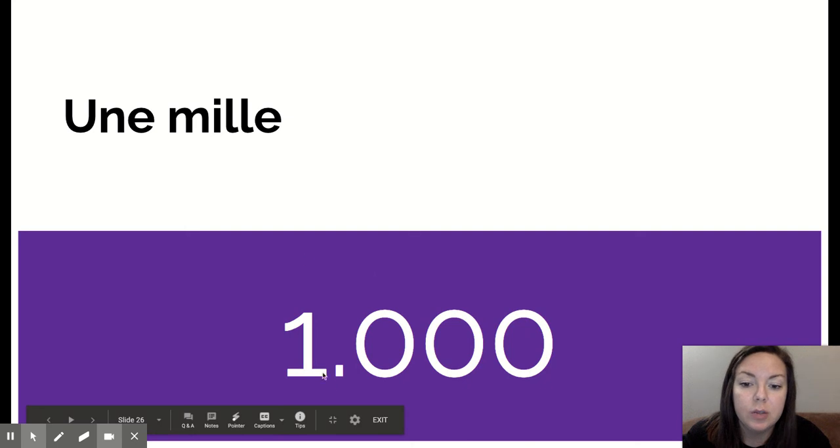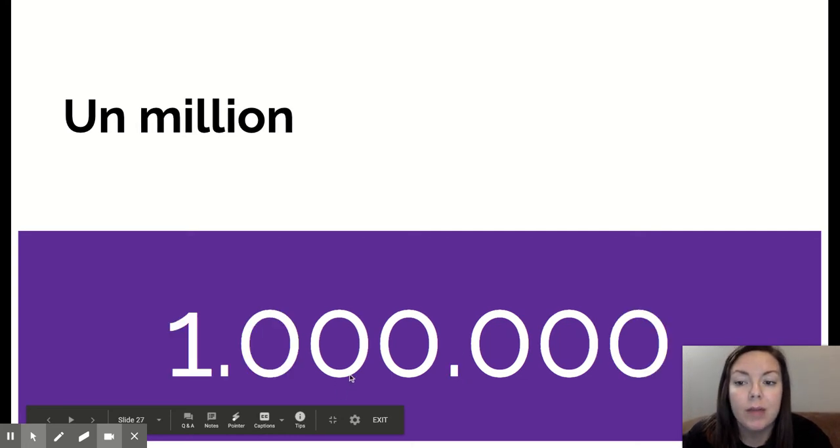Notice right here, just so you can recognize this, in French numbers where we use a comma, they use a decimal point, okay? And where we use a decimal point, they use a comma. So this is not the number 1, this is the number 1,000, okay? So where you would normally put a comma right here in English, in French we're going to put that decimal point. Then we have un million